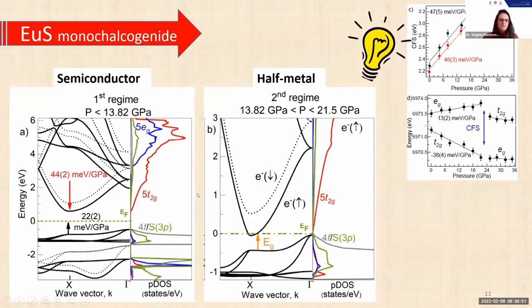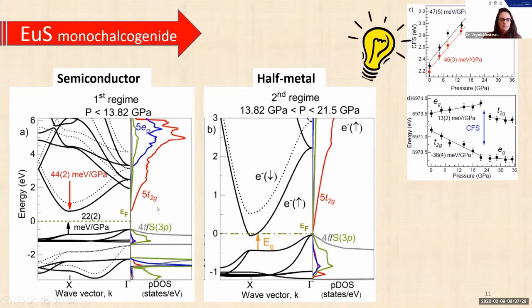I calculated these band structures with the software WIEN2k. So here you see the band structure, and here the electronic density of states in the first regime, before 14 gigapascal, when europium sulfide is a semiconductor. And in this figure in the middle, you see the same, the band structure and the density of states in the second regime, when europium sulfide is a half metal. So if we focus on the band structure, you see the bottom of the conduction band is constituted